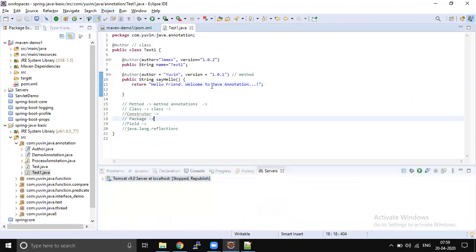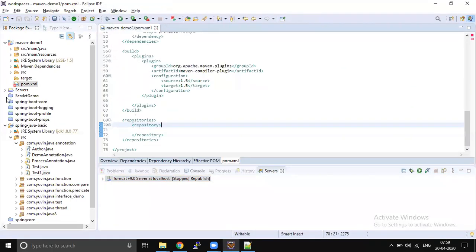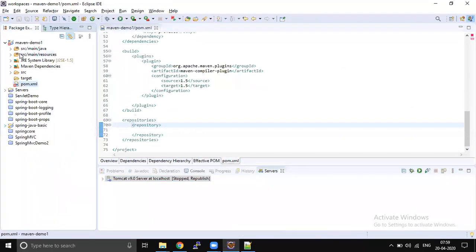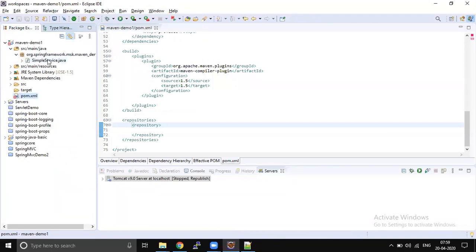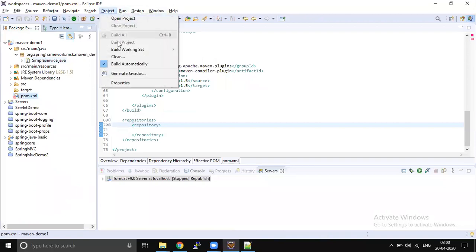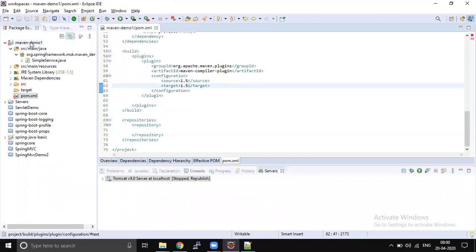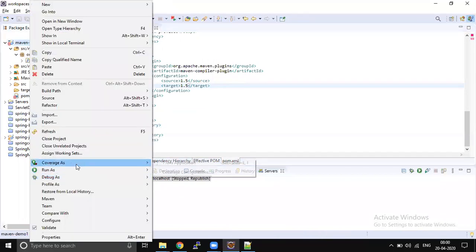The same concept is applicable for a Maven project also. Every time you do a change in your file and save, that file will automatically be compiled and the latest version of the .class file will be available. But make sure you check this option. So when that feature is available, you can run your application directly, right?